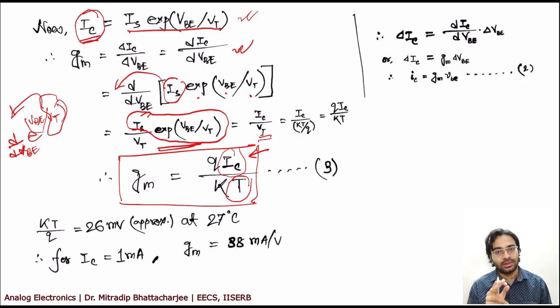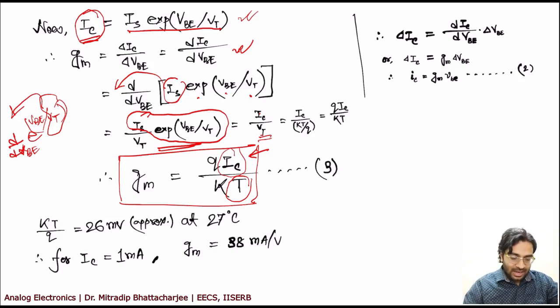GM value also decides your gain. So in order to increase your gain, you cannot just increase the IC, because there are consequences. So purpose of showing you this is why you can't have a very large IC and at the same time get a very high gain. It is not possible. You may end up in a situation wherein your gain will become 0.